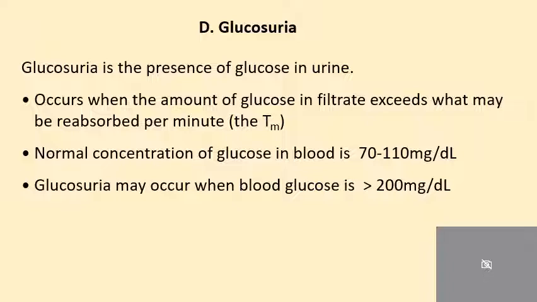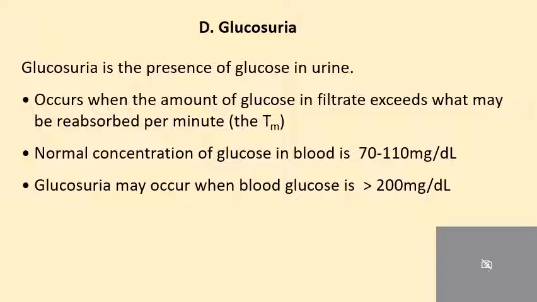Again, glucosuria is when we have sugar in the urine. It doesn't occur under typical normal circumstances in a healthy body. There's no glucose in the urine because 100% of the glucose that wound up in the filtrate gets reabsorbed by the time the filtrate reaches the end of the proximal convoluted tubule. There's no more glucose left in the filtrate. However, under some circumstances, we can exceed the transport maximum for glucose. When there's extra glucose in the filtrate, there can be more glucose than could possibly be reabsorbed by the proximal